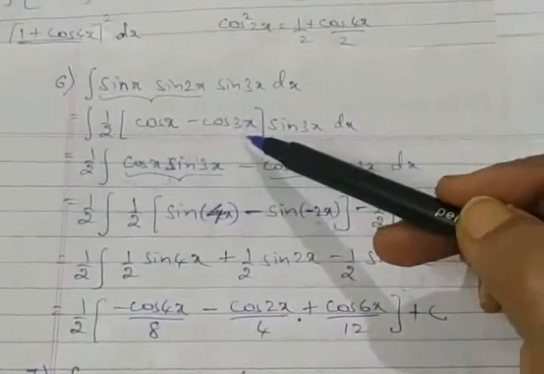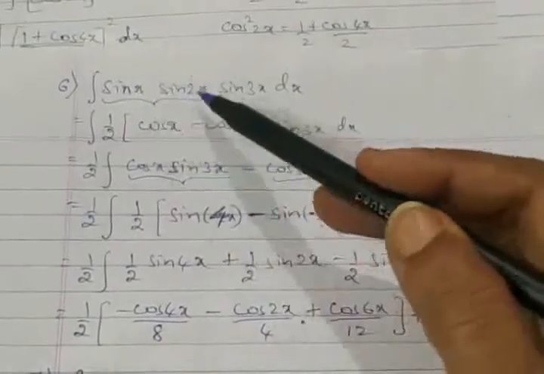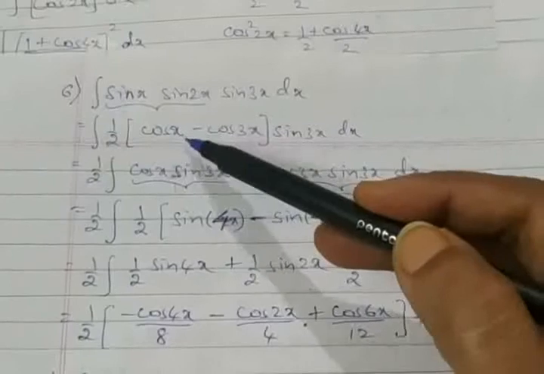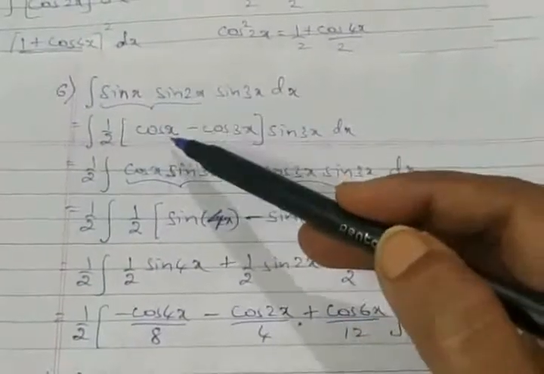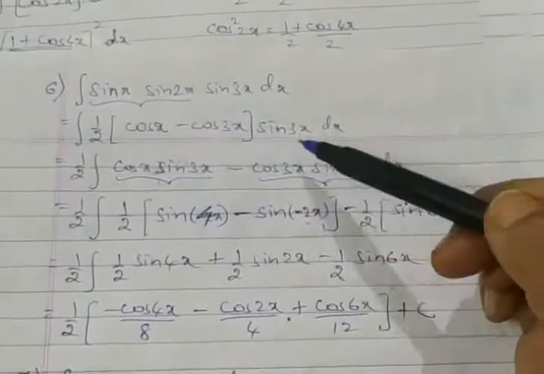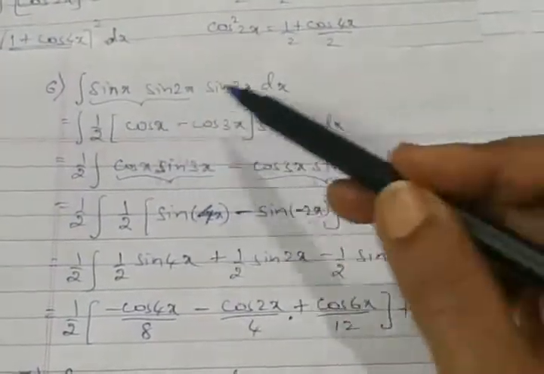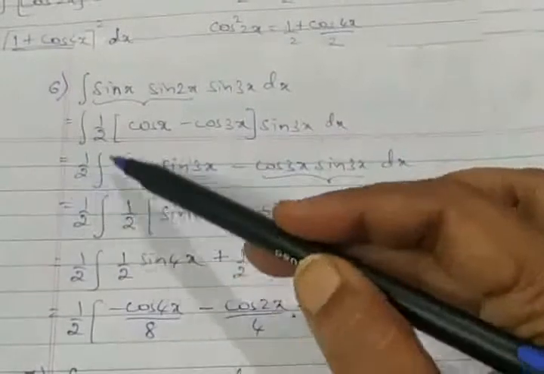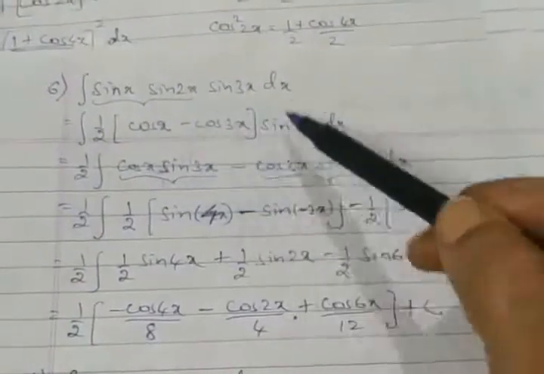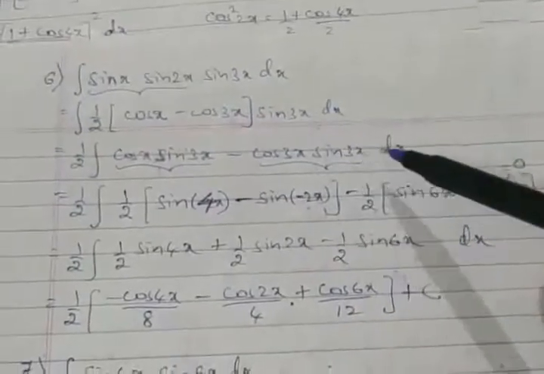Write the formula first. So the difference, cos A minus B, that is what I am saying. And similarly the difference should be cos x minus cos A plus B, which gives cos 3x into sin 3x. Again apply, multiply, half I am taking outside, the integration of this is multiplied to this, we have cos x into sin 3x minus, I should say, cos 3x into sin 3x with respect to x.